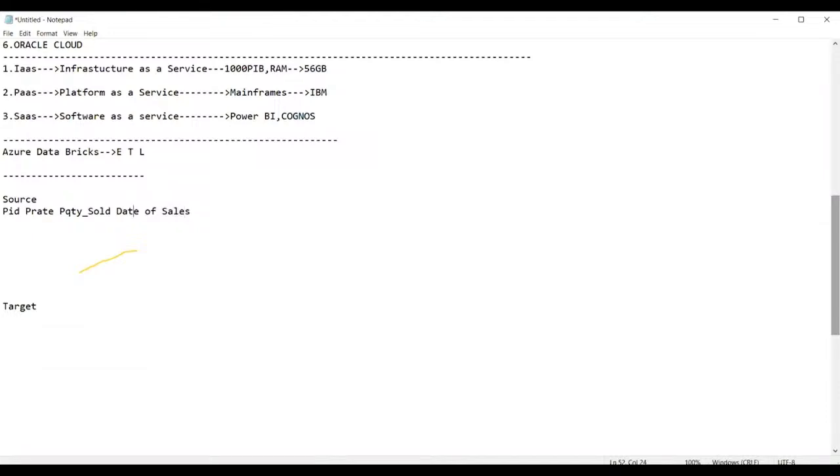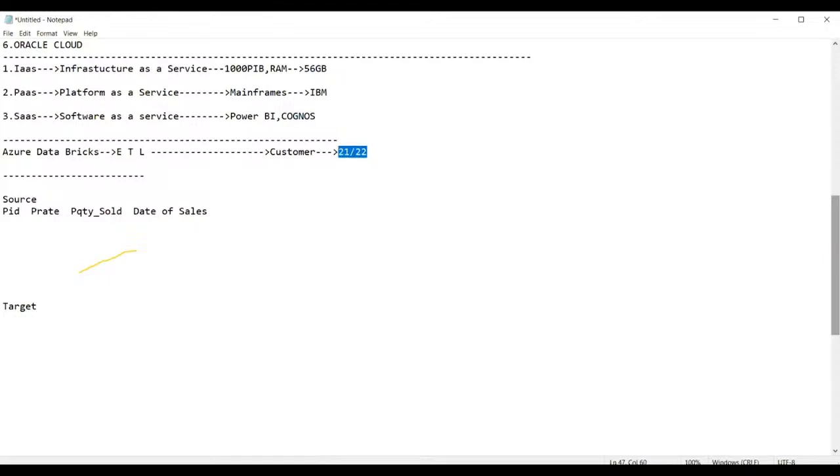Now, guys, here is the customer. The owner of the supermarket is a customer for us. The customer wanted to know what is the sales difference between the 21st of this month and the 22nd of this month, whether the sales have increased between these two dates or not. He wanted to know that first of all.